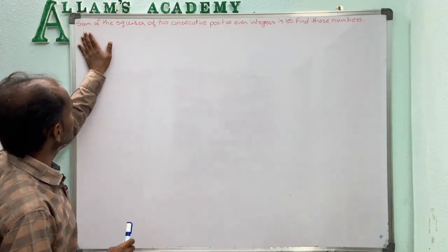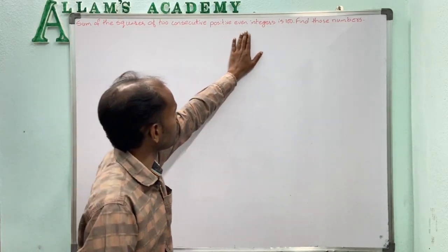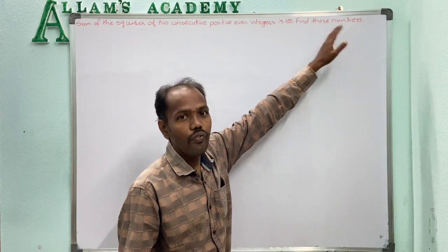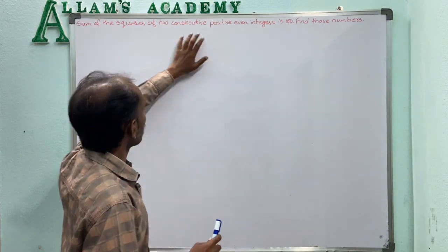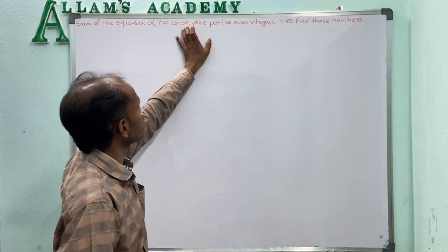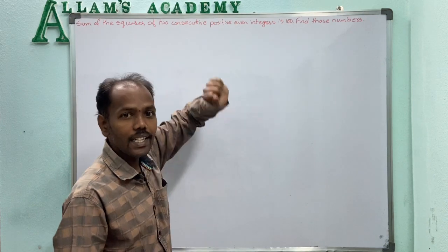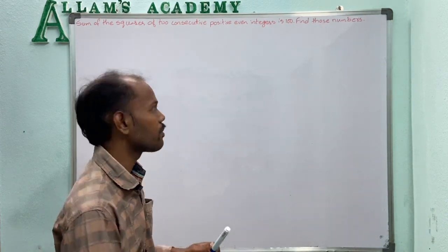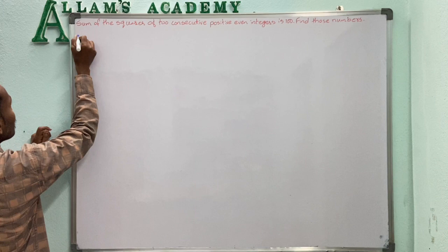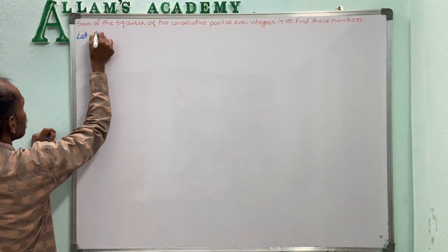Given the problem: the sum of the squares of two consecutive positive even integers is 100. Find those numbers. Consecutive even integers are nothing but even numbers, so we let the two